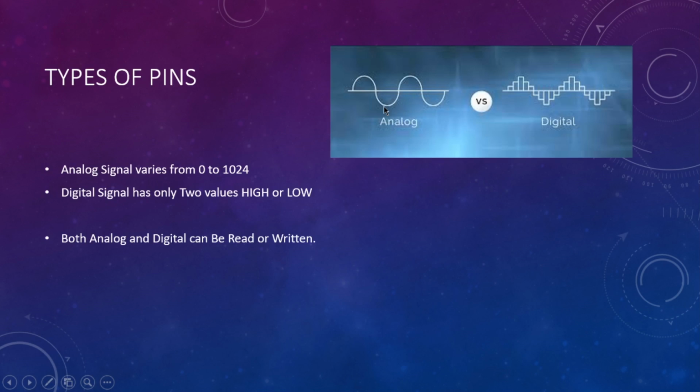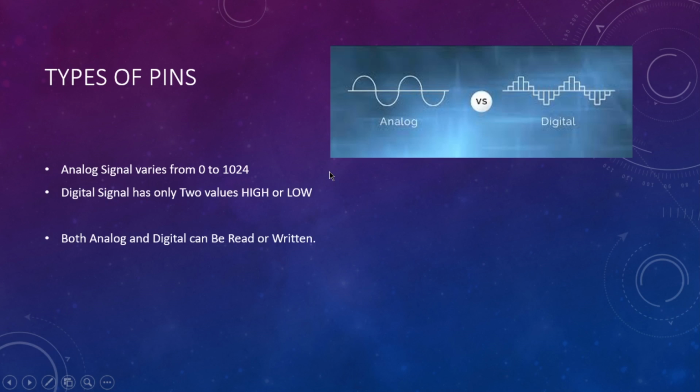The digital has only two values, high or low. This is low and this is high of some value, that is 2 volt, or 3 volt, or 5 volt. Like this, the voltage varies according to the pulse width modulation technique. It is an advanced version of a digital signal. Normally a digital signal consists of a low or high input. Let's see more about pulse width modulation in the upcoming videos.